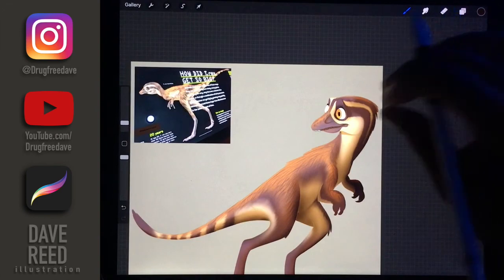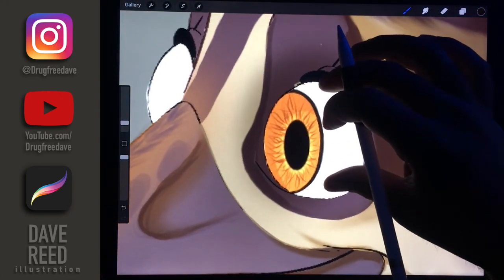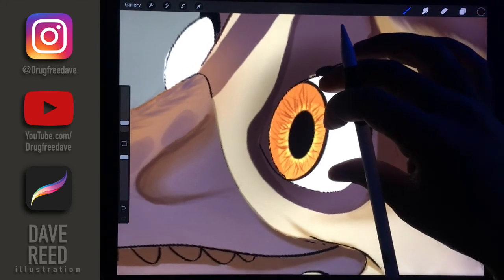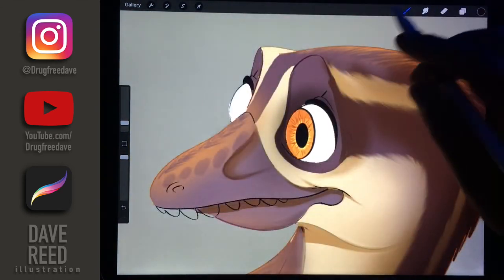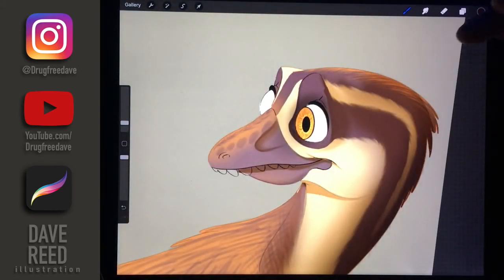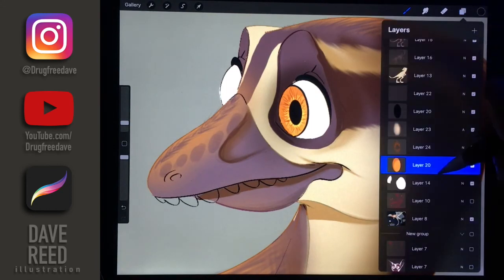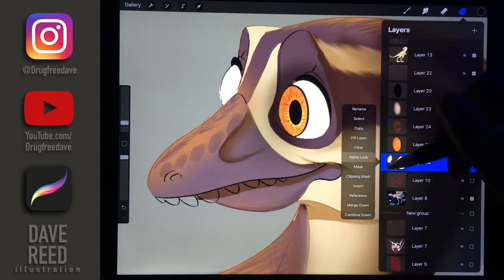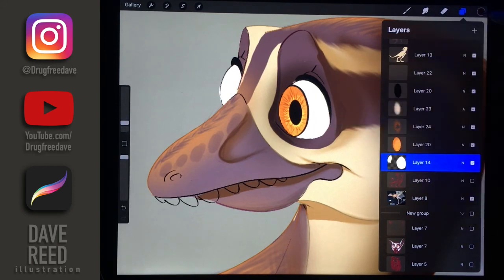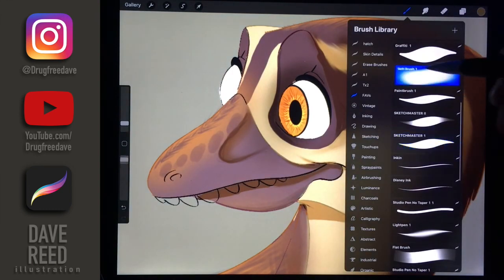Okay. Alright, that's not bad. I guess there's no going back since I just did it on the actual layer. I probably should have done it on a layer above, but that's okay. Another thing that I'm going to do is alpha lock the white parts of his eyes,